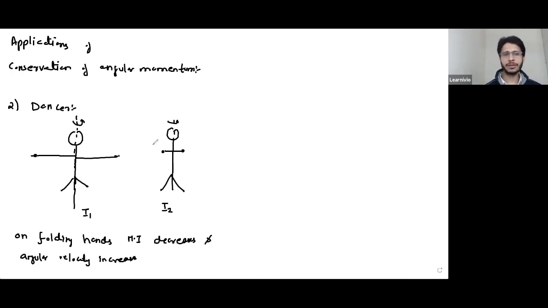Just like the dancer, you can have many more cases where you will see very clearly that moment of inertia is changing, and the angular velocity will follow inversely. If moment of inertia is decreasing like in this example, then angular velocity will increase. And the third case is